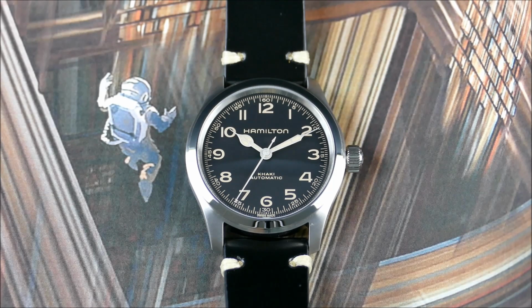And its commemorative Morse code seconds hand has been omitted from the 38 millimeter variant, which does make it a bit more true to the film's aesthetic, just at a smaller scale. I actually purchased this directly from Hamilton at full list price of $895, pretty much the day or second day after its release, once I figured out more about the case. So with all that said, let's go ahead, zoom the camera out, get this piece in hand, and take a